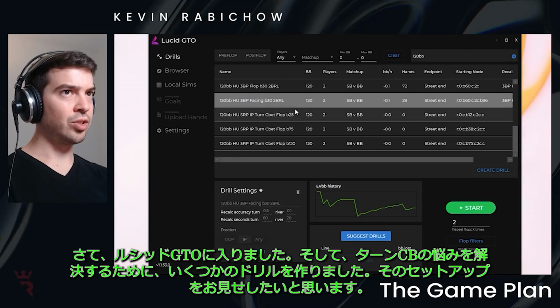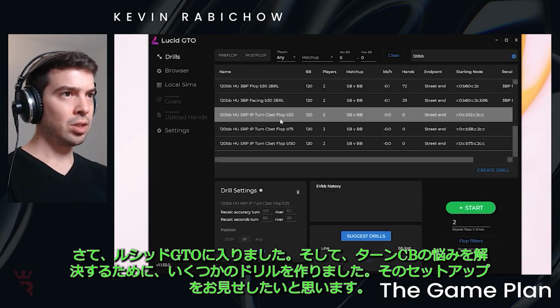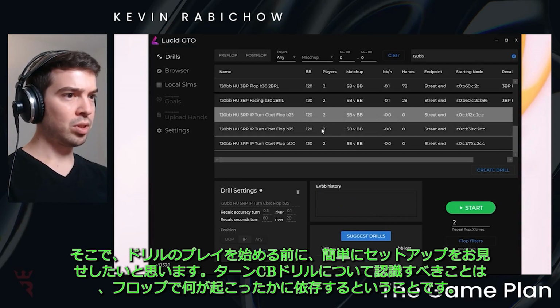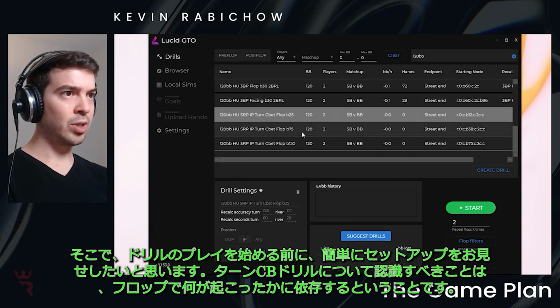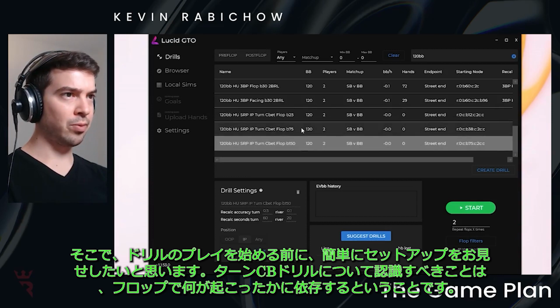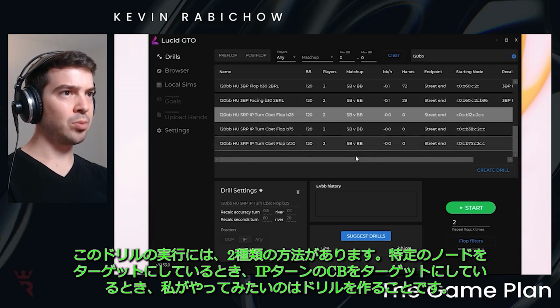All right, I've gone into Lucid GTO and I've created a few drills to help me with my turn C-betting concerns. So I do want to show you the setup briefly before I get started with playing the drills. The thing to recognize about a turn C-bet drill is that it's dependent on what happened on the flop. So I can't simply,